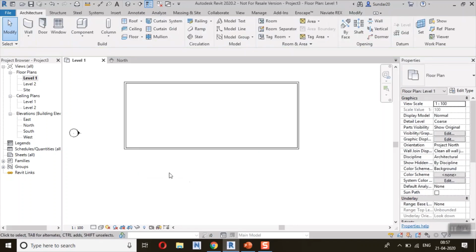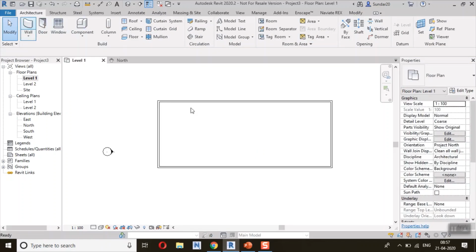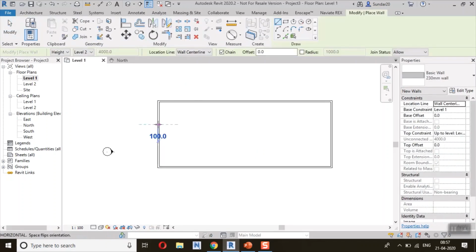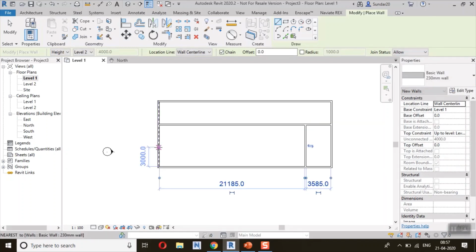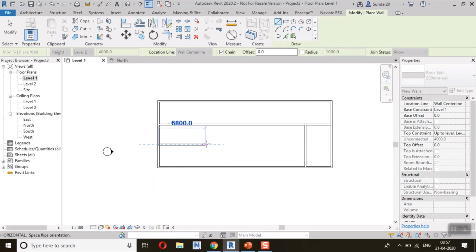Okay. Again wall. Okay. My home office type. Okay, this is a nice one, and this is the AHU room, and this one is the toilet.